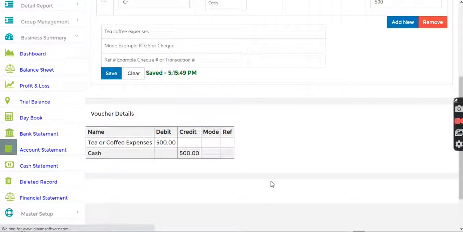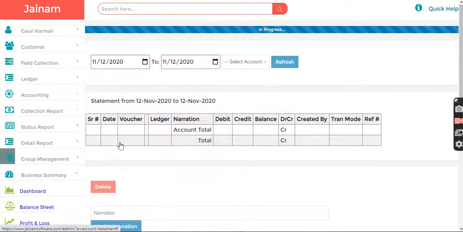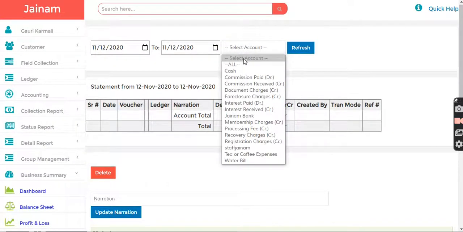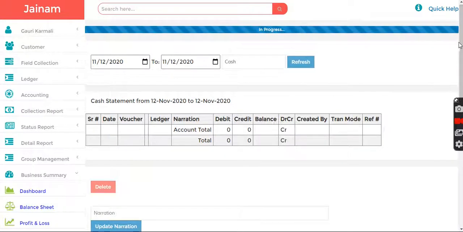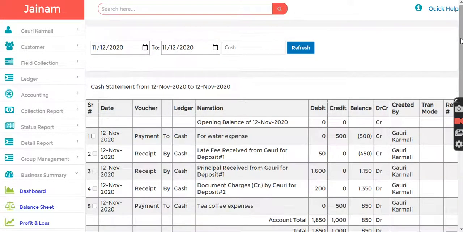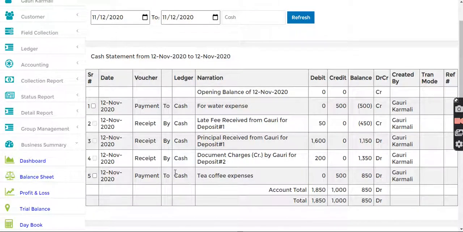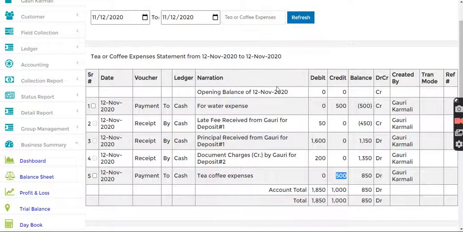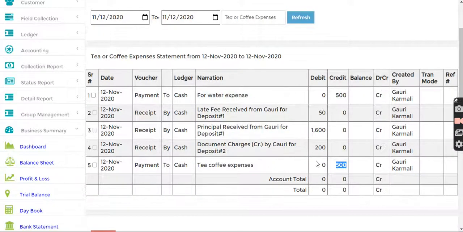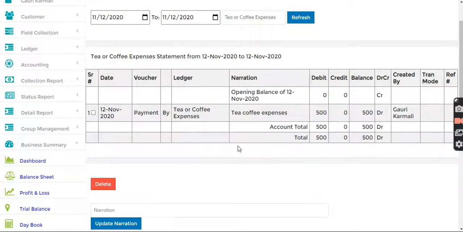account statement, okay. When you select cash and when you just refresh cash, you will see only one side of the cash entry, that is cash credit 500, but the other side of it, that is the debit side of it, was tea coffee expenses. So if you go to tea coffee expenses and refresh,